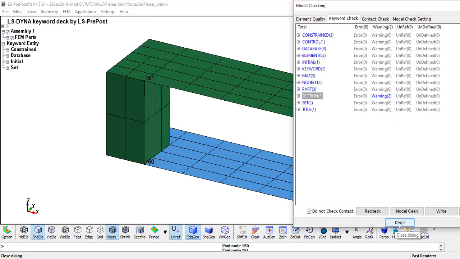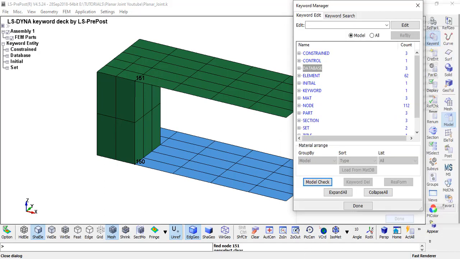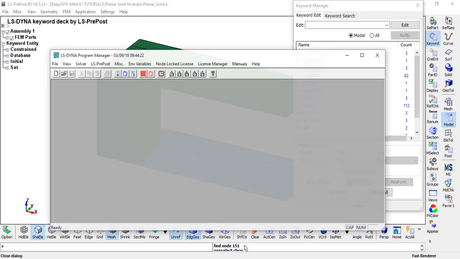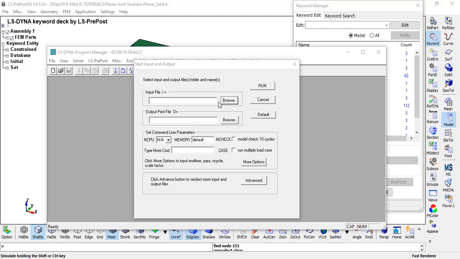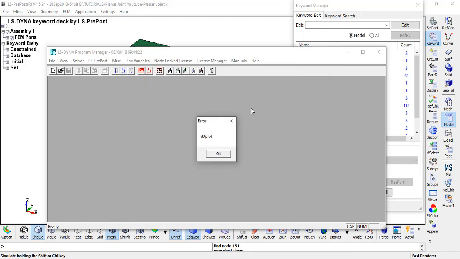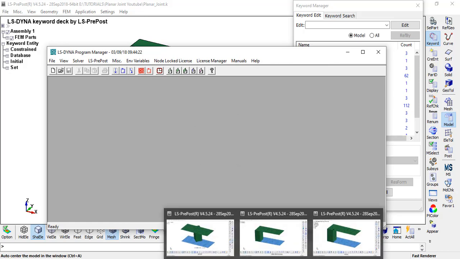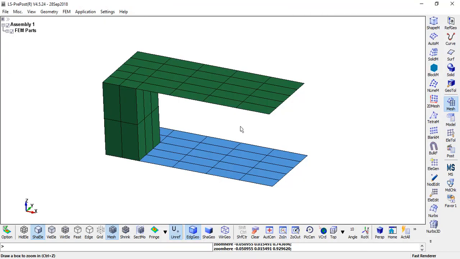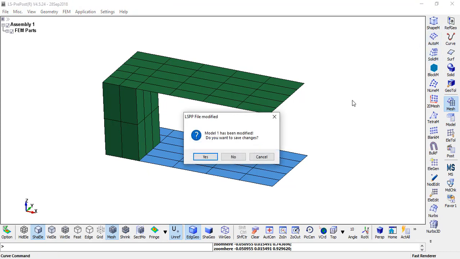Ignore it. Okay. After this, select open and run. Okay.